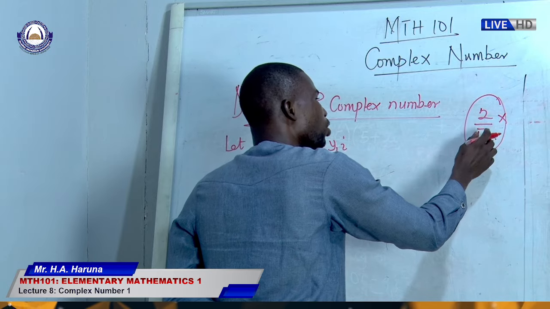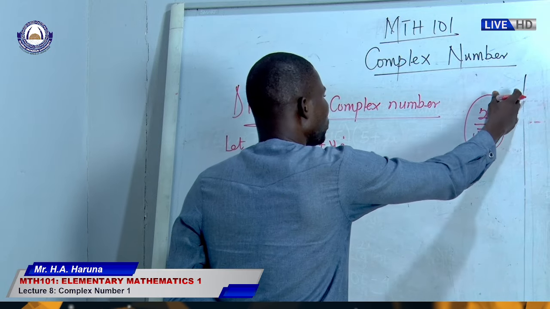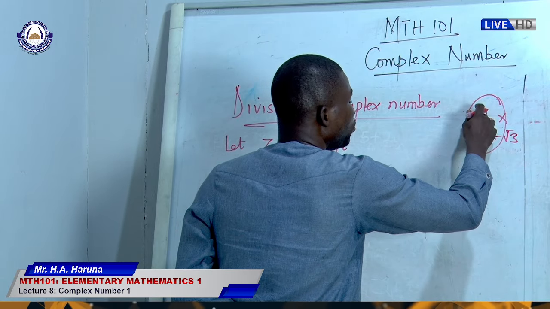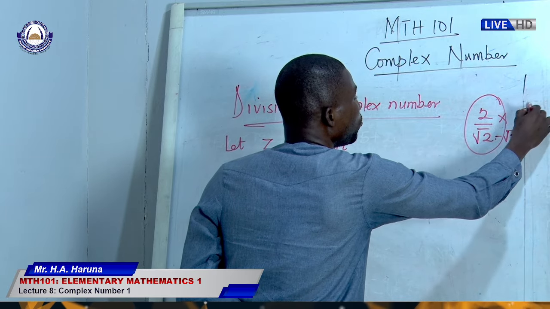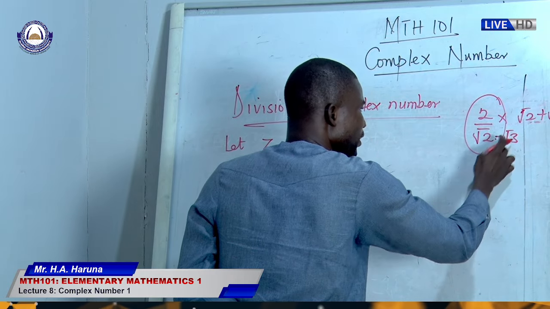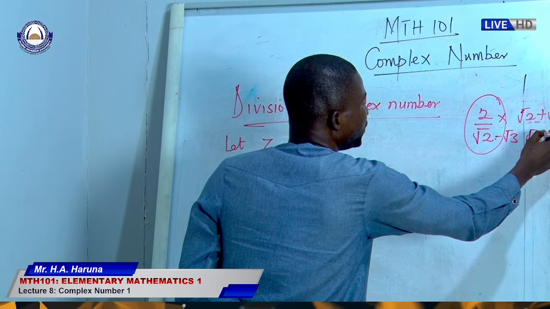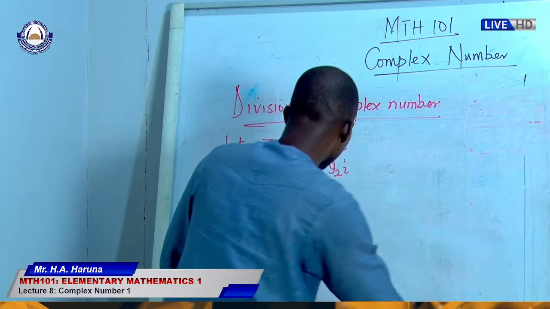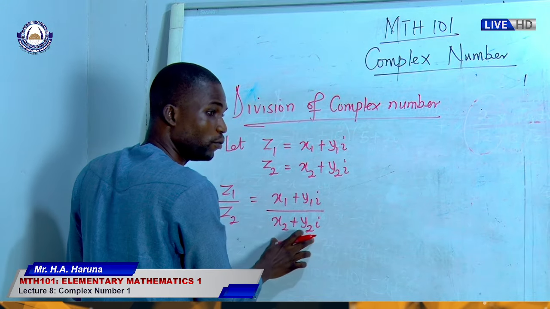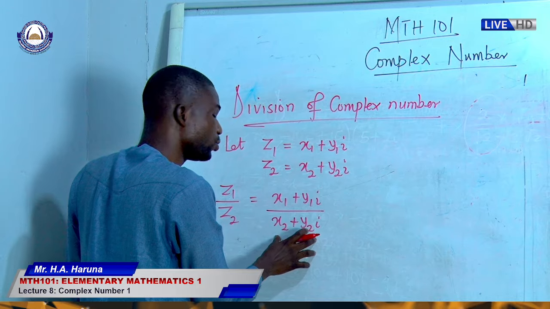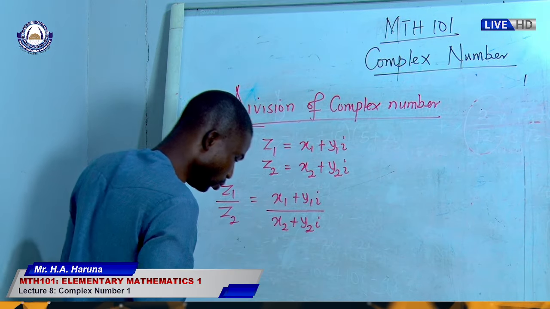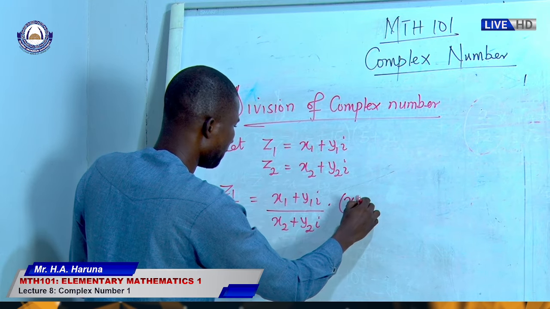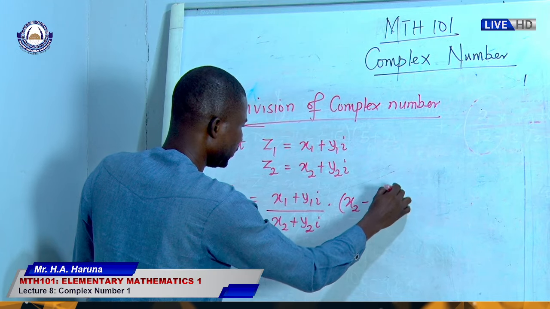You multiply by the conjugate. If it is 2 over root 2 plus root 3, for example, what you do here is say the numerator, which is 2 times root 2 plus root 3. What you did here is multiplication of the root by the what? The conjugate. So in that case, we will use that same format here. We multiply the numerator by the conjugate of the denominator, and we also multiply the denominator by the conjugate of what? The denominator. So hence we say the first one multiplied by x2 minus y2i